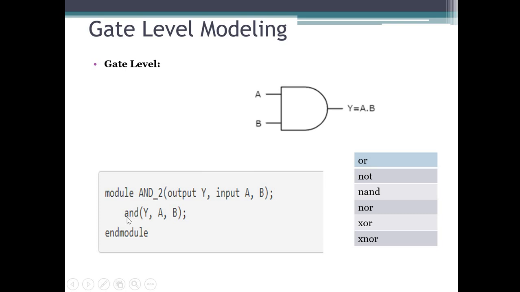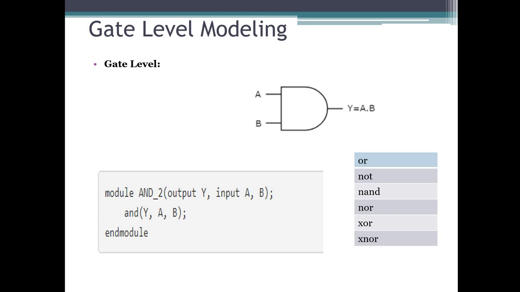So here we write the AND keyword, and first we always write the output. The output will be Y, then A comma B, and then a semicolon. The semicolon says this line has been terminated, and in the end we close with endmodule. In gate level modeling there is nothing more to do. This is the code for the AND gate. You just have to declare the input and output signals, and then use the AND keyword, which is known as a primitive. You just tell what the output is and what the inputs are.